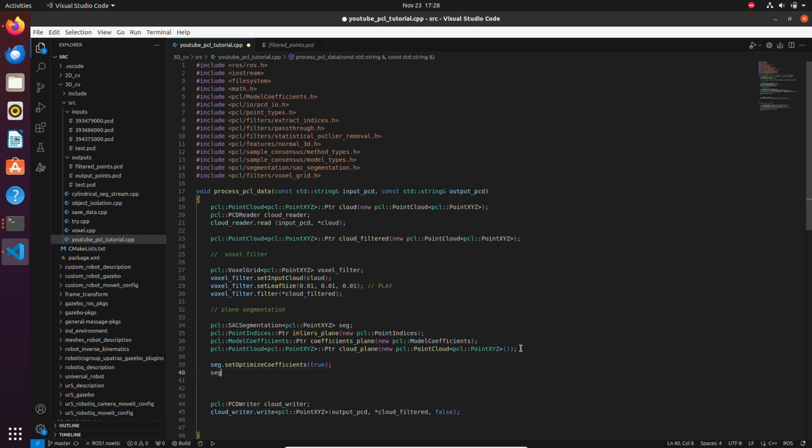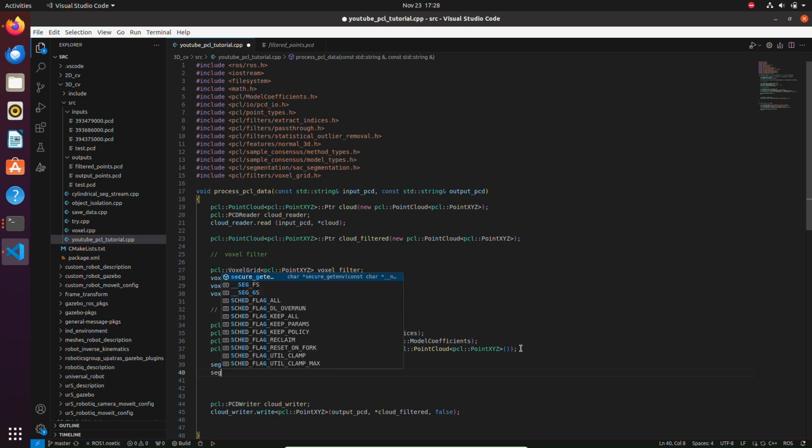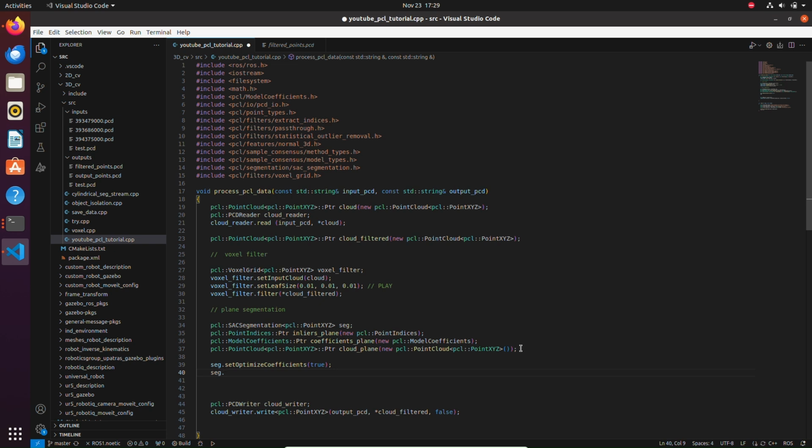And then here we need to set up the method type and the model type. So the set method type is where you set the type of the geometrical shape that you want to segment, and in this case it is going to be a SAC model plane. Okay,